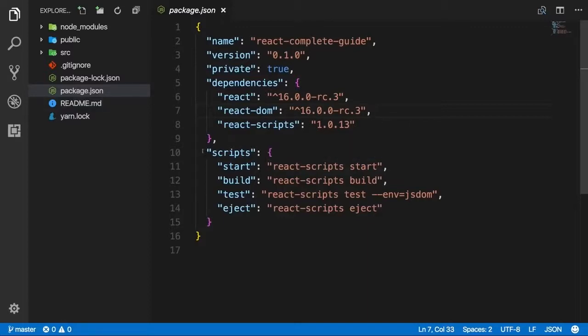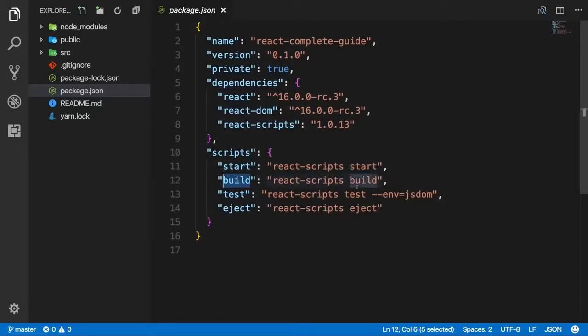In the package.json file, there are also a couple of scripts defined. You can run these scripts with npm run and then the script name. The exception is start, which you can also run with npm start, the command we executed. And as you can see, it uses this React Scripts package to then also execute some start command there. That's simply a command this package makes available. And this command happens to start this development server, watch all our code, compile our code, optimize the code, and do all these things. Once you're ready for deploying your app, you would run npm run build to optimize it even more,